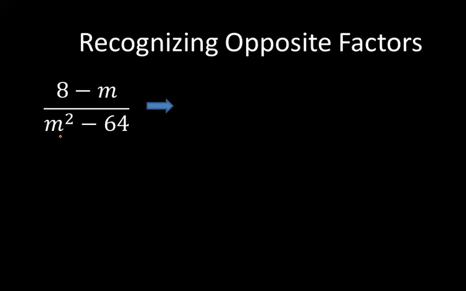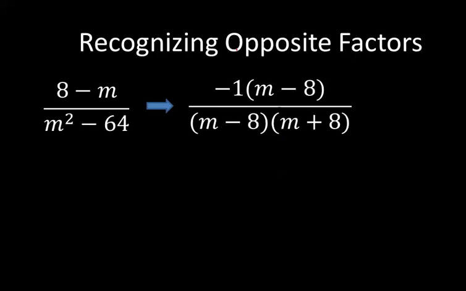And down here in the denominator, we have a perfect square. What is that called? A difference of two squares in the denominator, because this first term has a square root and 64 has a square root. So I'm going to divide out a -1 from the numerator, and I'm going to factor this difference of two squares into the product of two binomials. So I end up with this: -1 times m minus 8 over m minus 8 times m plus 8. So I can cancel out the m minus 8's,